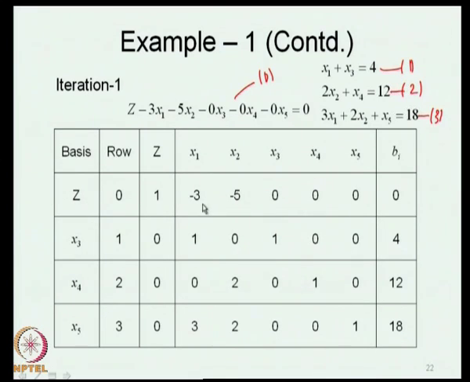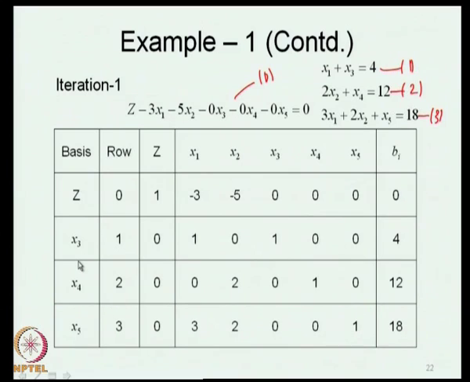If you have at least one coefficient which is negative in this particular format of solution, that means that the solution can be further improved and therefore, this solution is not optimal. And then we ask the question, okay, this solution is not optimal and we have x1 and x2 as non-basic variables, x3, x4 and x5 are the basic variables. So, exactly one of these, either x1 or x2 has to come into the basis, and exactly one of these x3, x4 or x5 has to leave the basis.